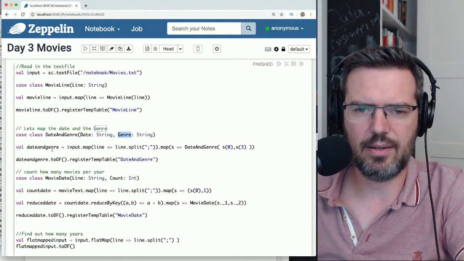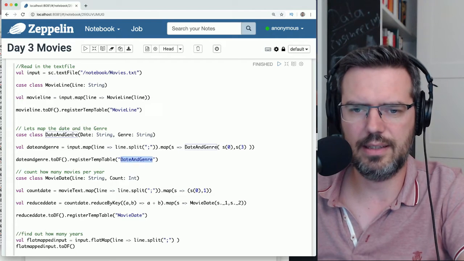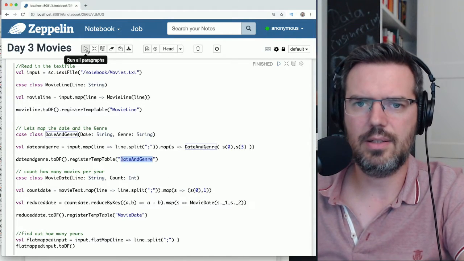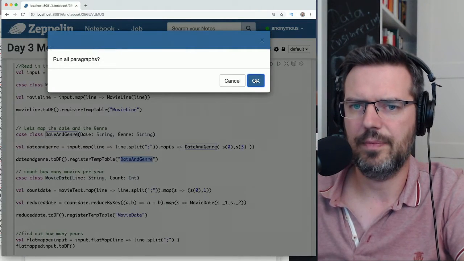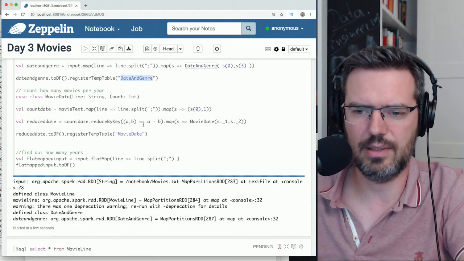Then we register the template date and genre, and we should get this out. Now let's just run all paragraphs quickly. I just want to see if this still works or if I have broken it.